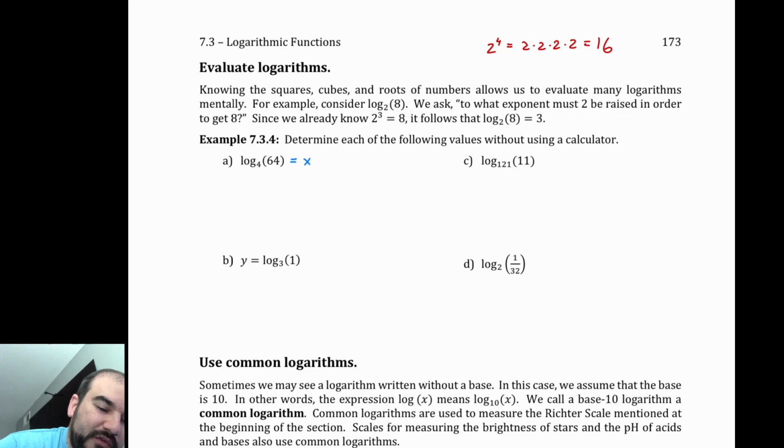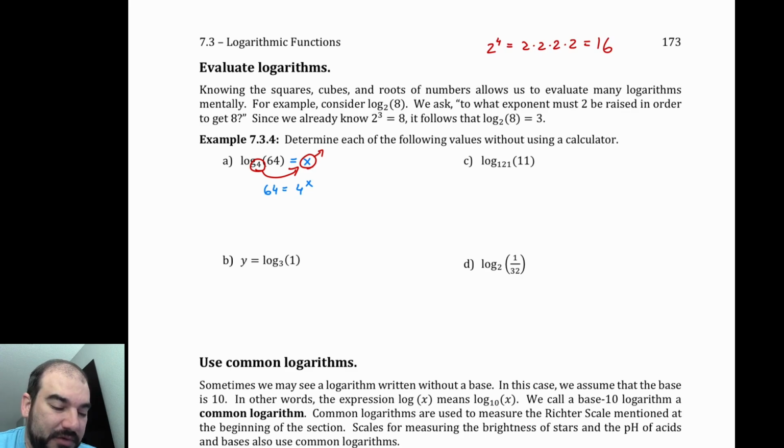And if you know how to convert from logarithmic expressions to exponential, we know that we can take this log base, move it to the other side, and push this up into an exponent, so that we get 64 equals 4 to the x power. Right? When we convert from logarithmic form to exponential form, we see that, and now the question is,